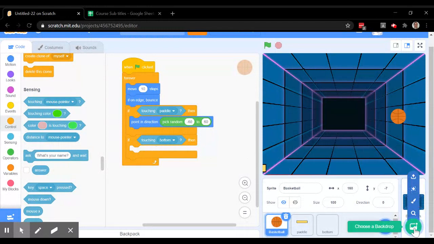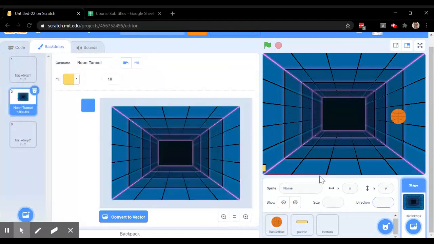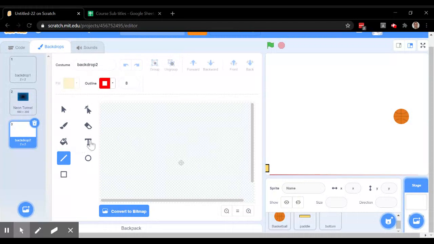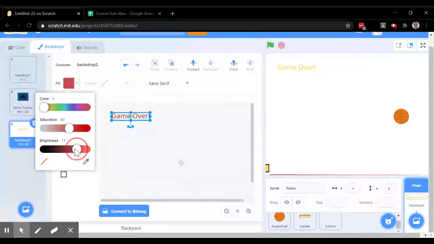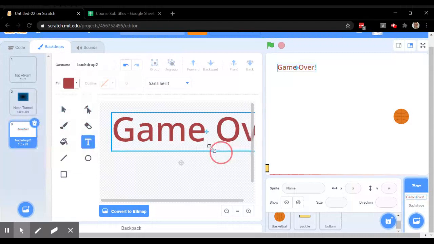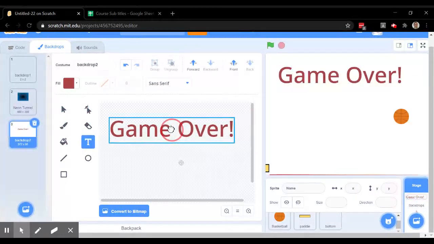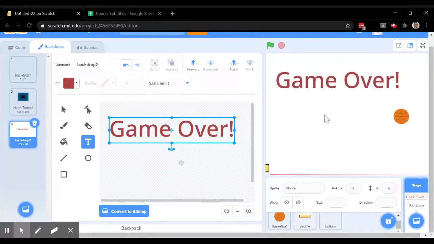So we're going to need a second backdrop. The whole background needs to change. Well, I'm going to have to make my own. So I'll go up here to paint, and this new backdrop, all it's going to do is say game over. Game over. And obviously we can change that to a color that's easy to read. Make it larger. And what's going to happen next is